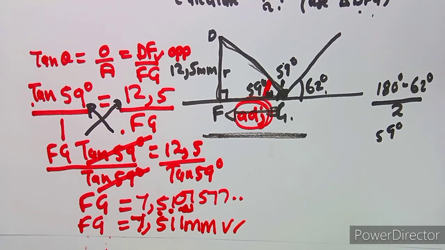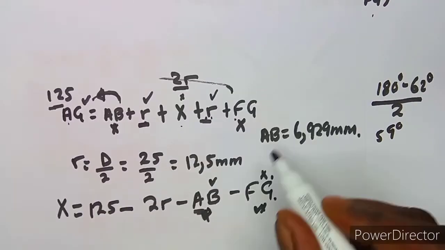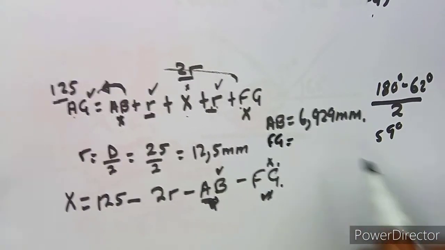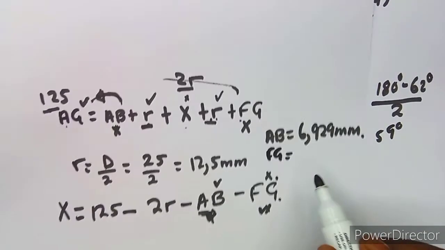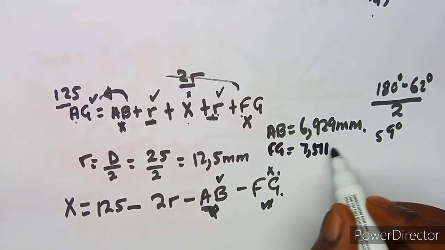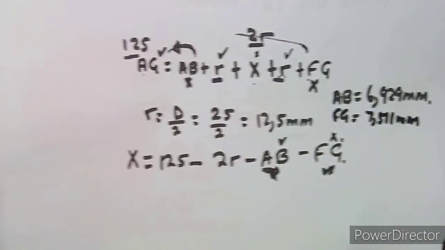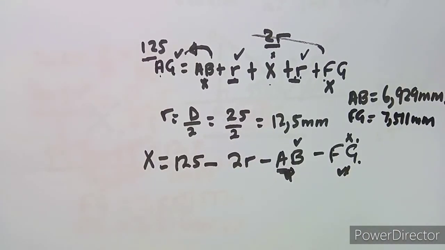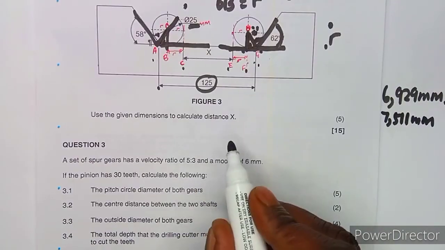So now what am I going to do? Let's take this FG. We now have our FG here, which is 7,511 millimeters. So therefore, the question that I am being asked to calculate now can be calculated, because the question